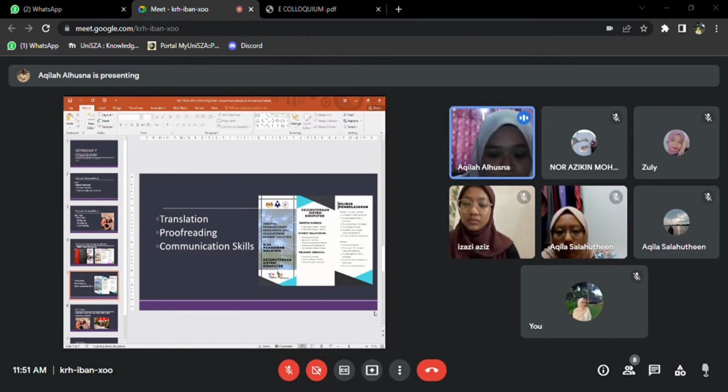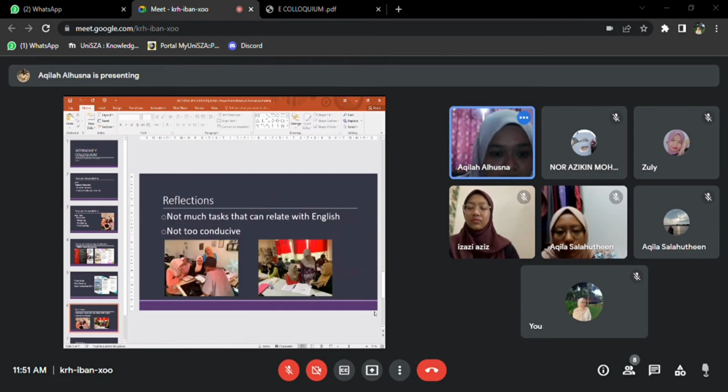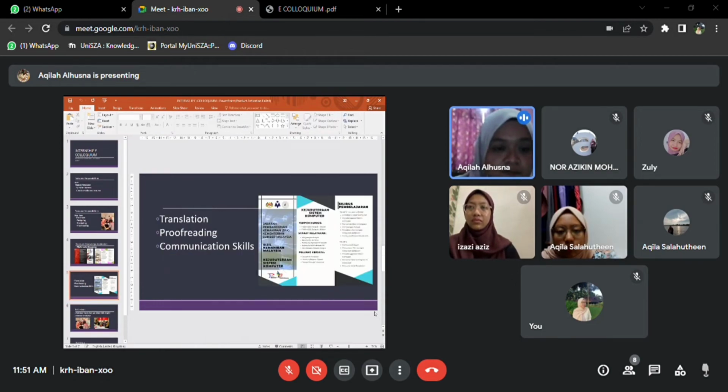Next is, aside from the brochure and the human resource job, I also need to communicate with clients through WhatsApp and phone calls. So we need to send messages to parents to inform them about the programs and the courses offered. Whenever they respond or have any inquiries, I will try my best to communicate with them in the best manner possible.